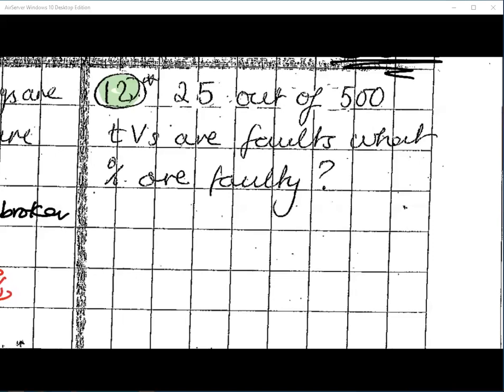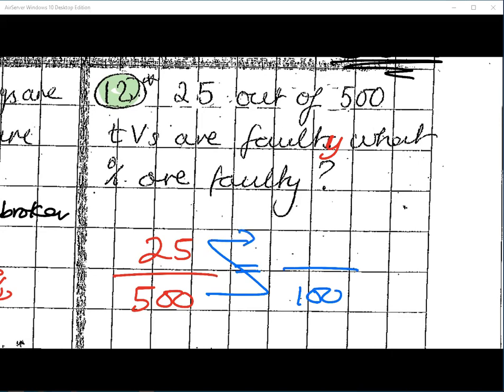Last one, number 12. 25 out of 500 TVs are supposed to be faulty. There's a spelling error there. What percentage are faulty? 25 over 500. We use the equivalent method. So we're going to make 500 into 100 by dividing by 5. What you do to the bottom, you do to the top. So the final answer is,